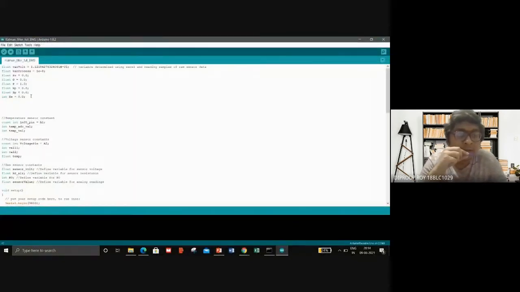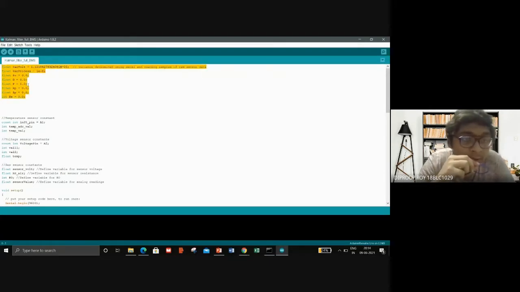Starting with the explanation of the Arduino coding, first of all, we define the important variables that are needed for our project, which are the variance voltage, var volt, and var process. These variances were determined using Excel and reading samples of raw sensor data. We declare the variables required for our project, which are the voltage, the temperature, and